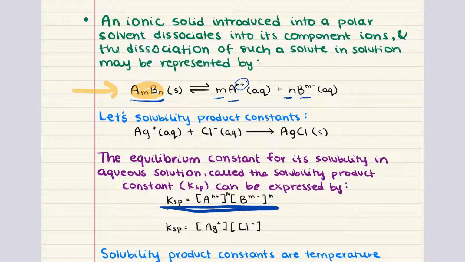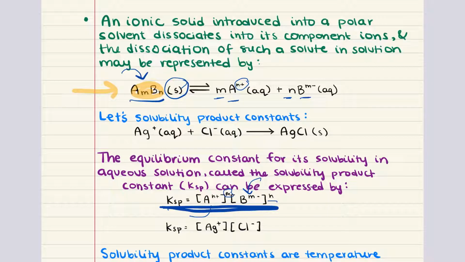And so the Ksp for this reaction, AmBn, is the concentration of the cation A raised to its stoichiometric coefficient of m, multiplied by the concentration of the anion B raised to its stoichiometric coefficient n. Notice how AmBn is not included, and that is because it's a solid,